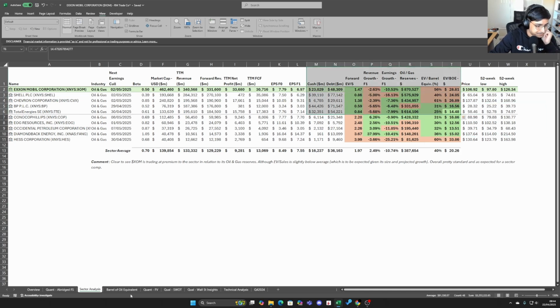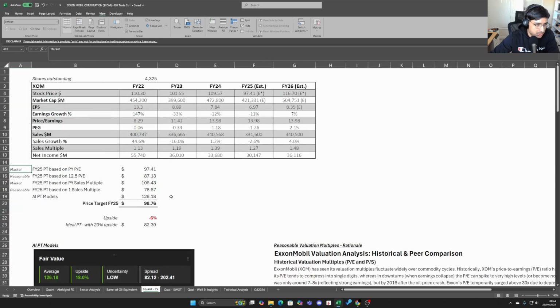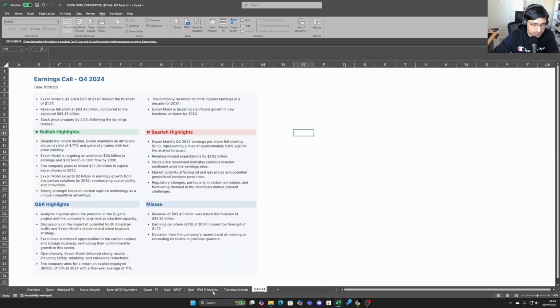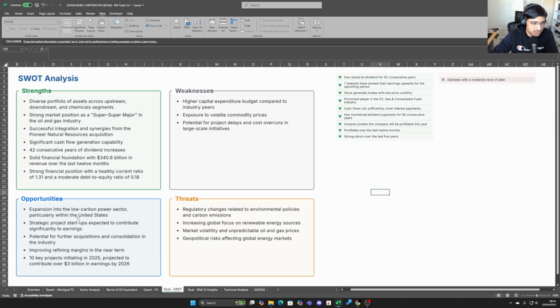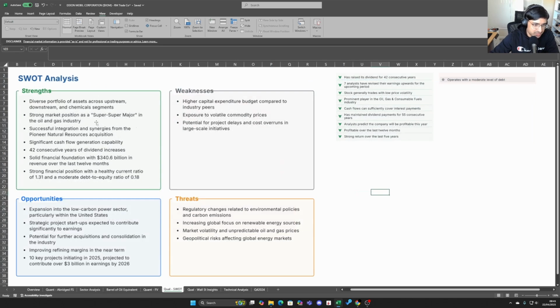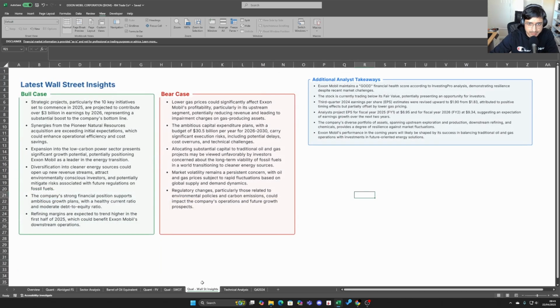So yeah, cool. Just before we go on to the quant and the final part in terms of valuing the company, I wanted to bring attention to the other qualitative aspects. You have a strength, weakness, opportunity, threat, so SWOT analysis, which is typical in management accounting and management analysis. You can pause the screen here, look at it, or grab the document below in the description. You have Wall Street insights.